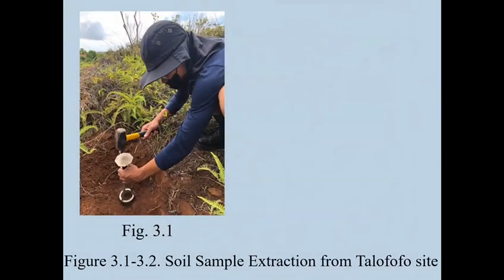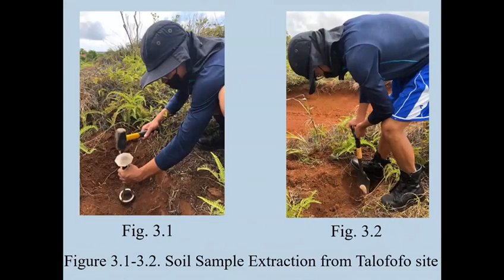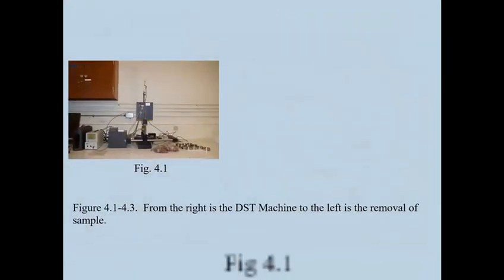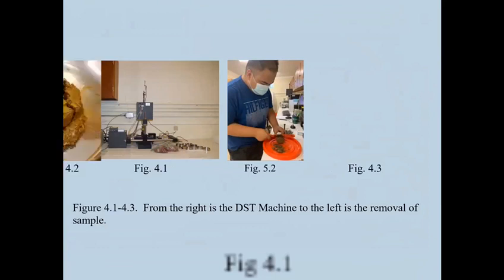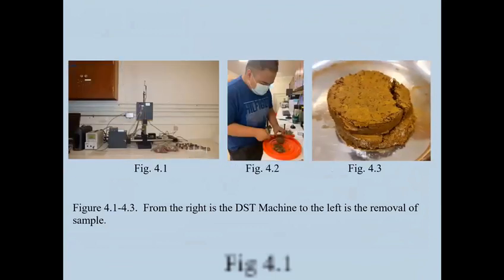To evaluate the shear strength parameters needed, we conducted 3 direct shear tests at 50, 100, and 150 kilopascal normal stress to obtain the effective cohesion and effective friction angle. For this research, we extracted 3 undisturbed soil samples from Telephone Hill slopes, which are prone to slope failures. Once we got to the lab, we prepared the 3 soil samples for a direct shear test. And on the left, you can see what the direct shear test machine looks like.